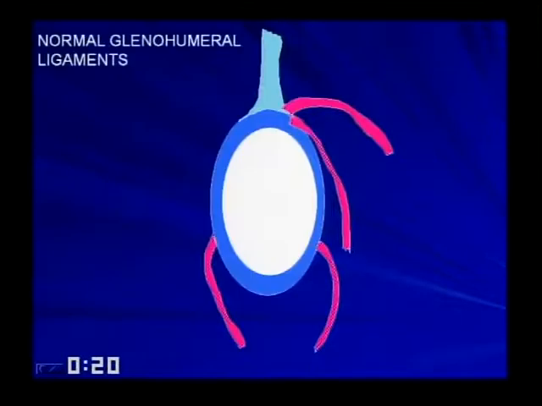Okay, let's talk about the glenohumeral ligaments real briefly. I don't know where I was in anatomy class when I was in medical school, but I never heard of the glenohumeral ligaments. And it was not until we started doing a lot of musculoskeletal MR that we really started talking about the glenohumeral ligaments and their importance to stability of the shoulder. And they're really not that difficult, the most important being the anterior-inferior, but there's a superior glenohumeral ligament.